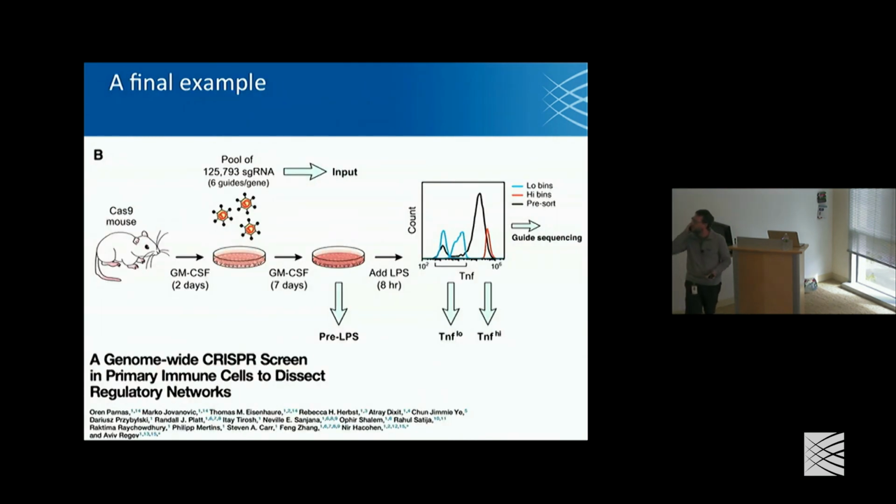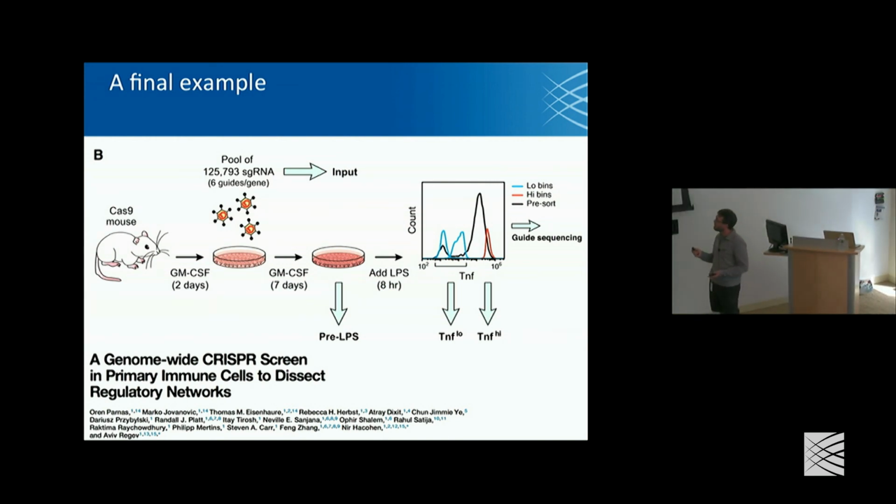So I want to give just one final example of a screen done here at the Broad a couple years ago from the Aviv Regev group that I thought was just a great example of going from start to finish of a screen in a very challenging model system. So this was done by Oren Parnas, where they started with the Cas9 mouse. They harvested primary cells out of the mouse and then delivered a genome-wide library, did an in vitro assay, and